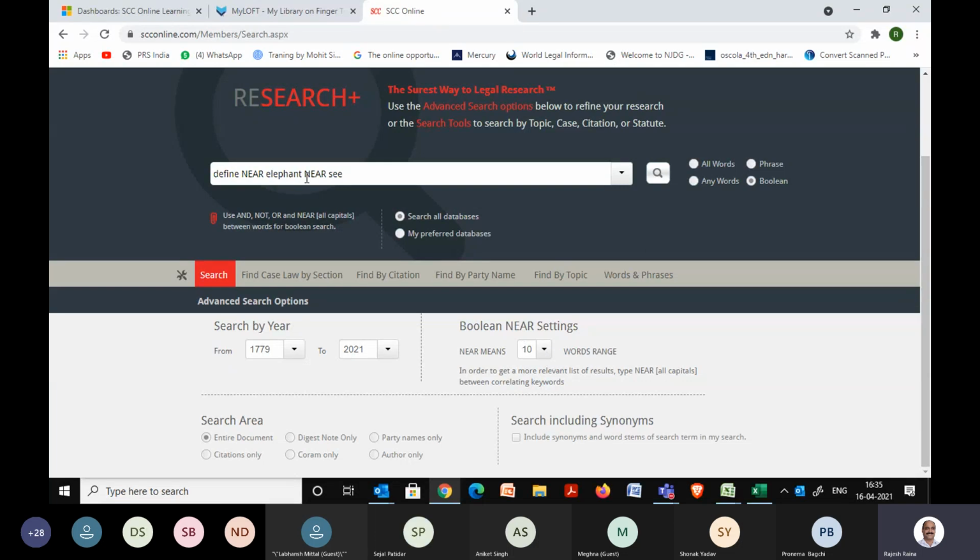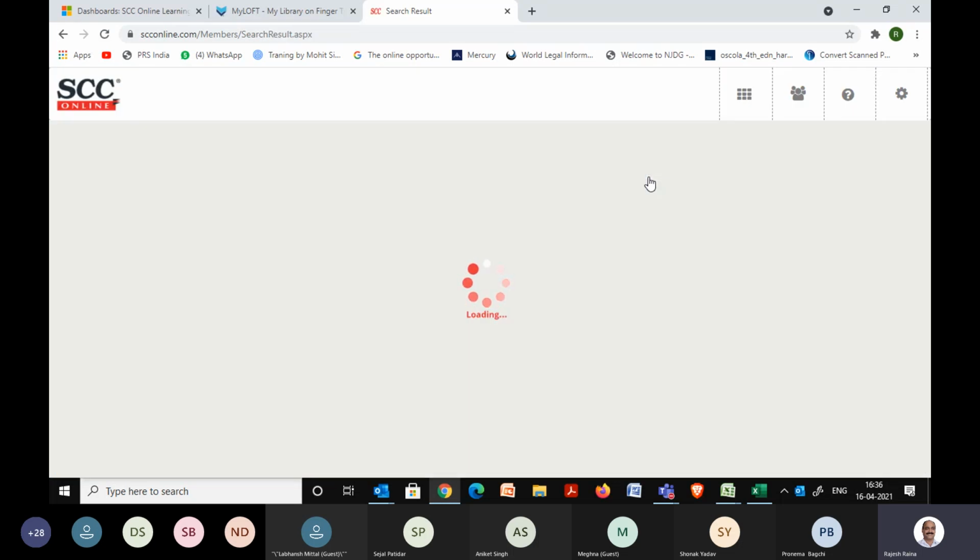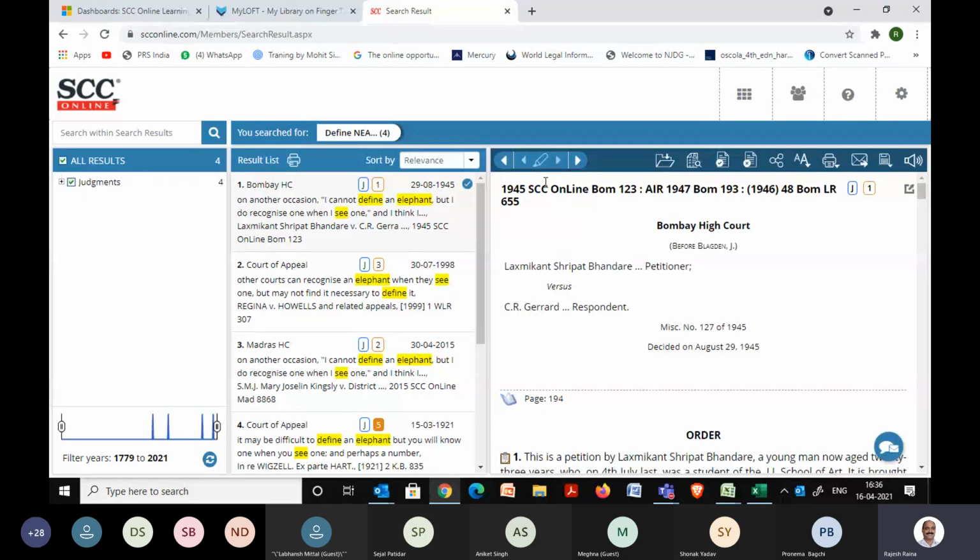So it is a kind of proximity search. All these 3 words will definitely appear nearby, thereby forming part of a sentence. So that makes sense. Let me now start the search, and it will be much easier for me to find the judgment I'm looking for, rather than if I had keyed in the entire sentence.